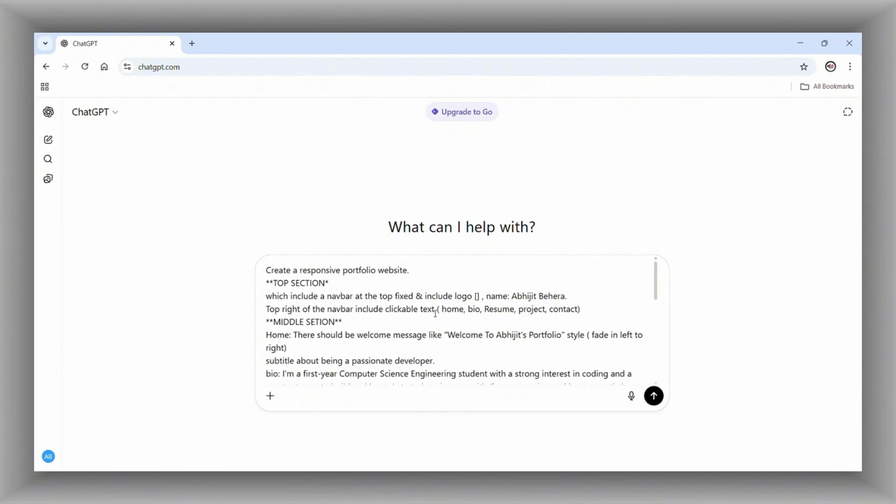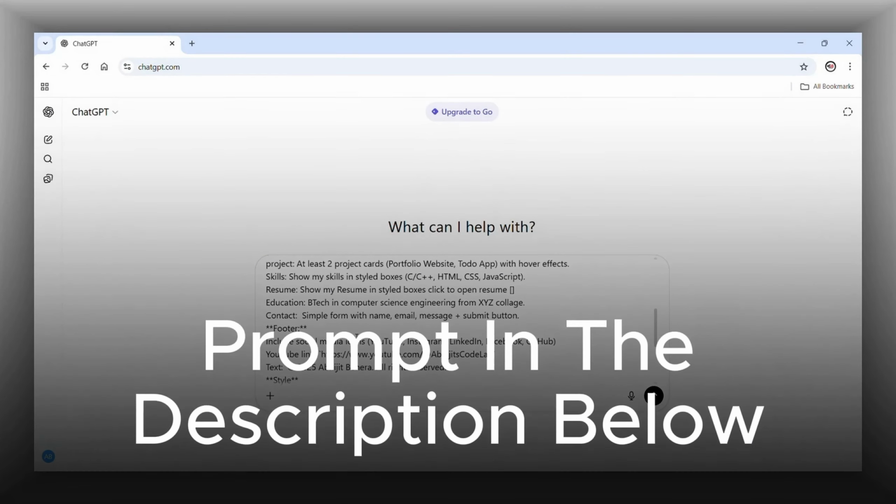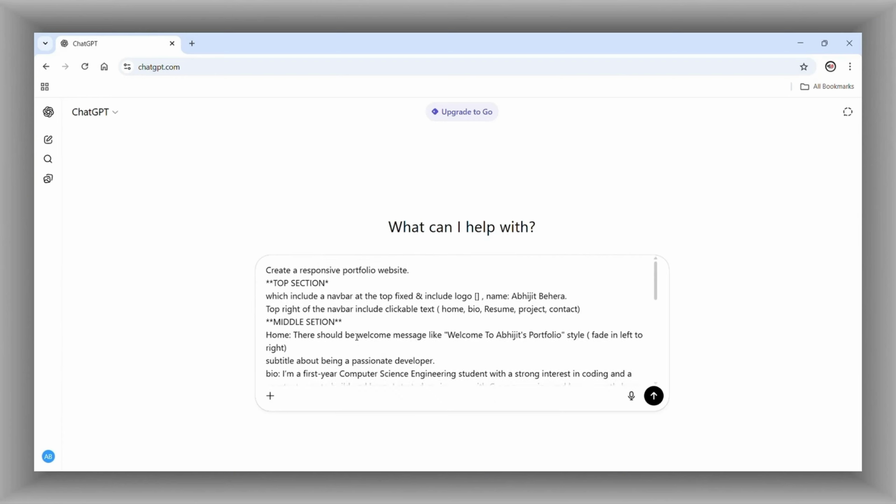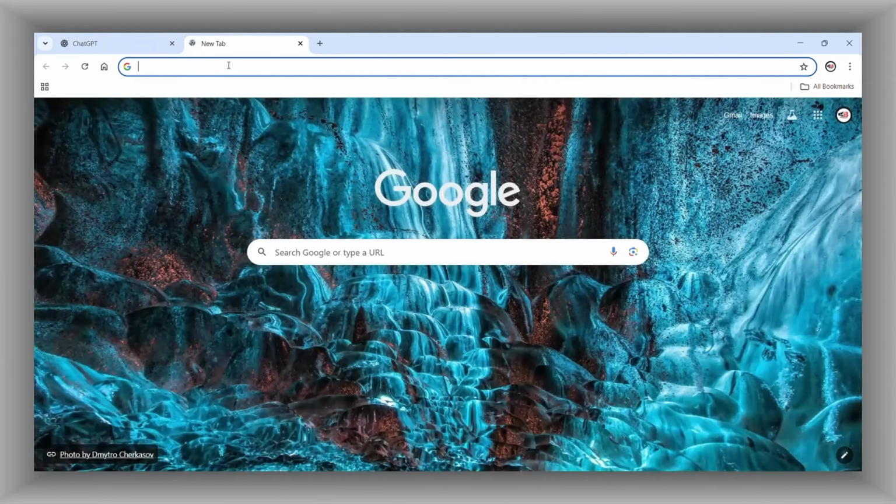Then add your own design like this. Just go through this and I will provide it in the description below. Now I want to add a logo here. So we have an image, and we need to convert it into a link. To convert it, just type